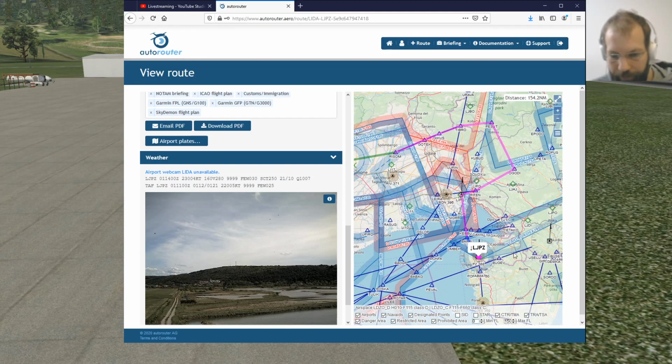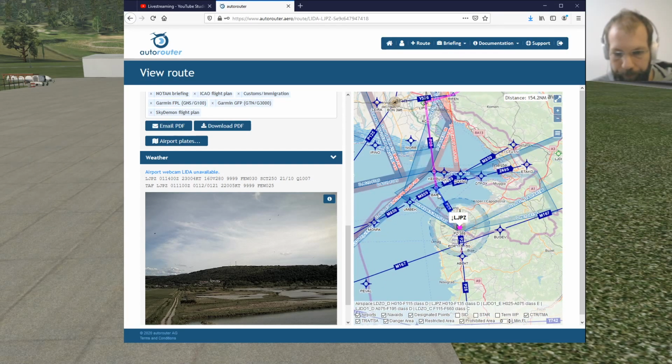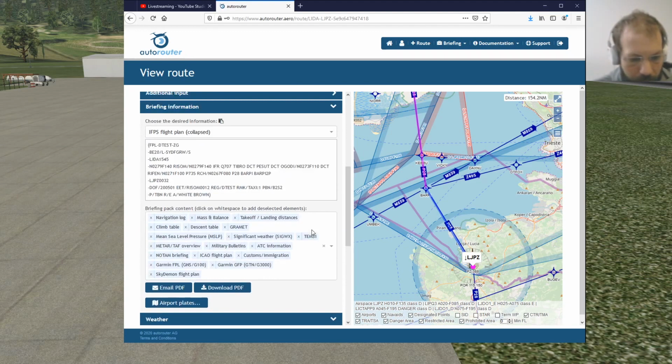arrival part of the flight into Portoroz here, we are crossing the Gulf of Trieste and up to the Barpi intersection, and from there the arrival starts, which is the Barpi to Alpha or to Bravo, something like that. Let's see what it says here. Yeah, the Barpi to Papa actually, which brings us right above Portoroz,